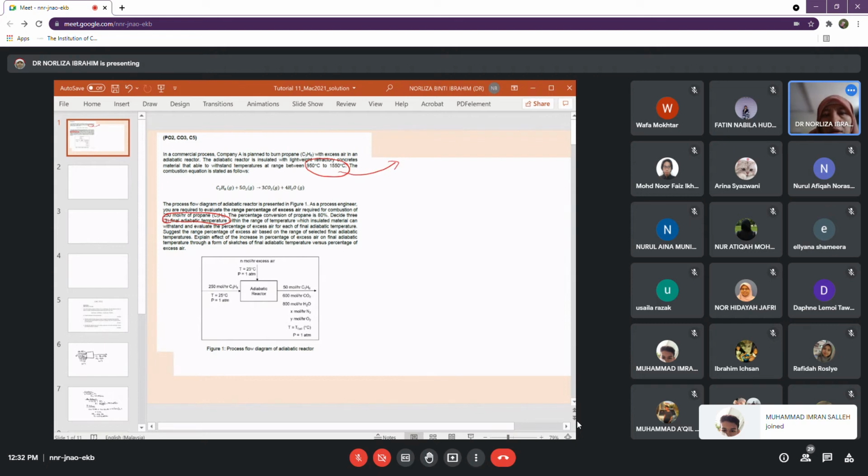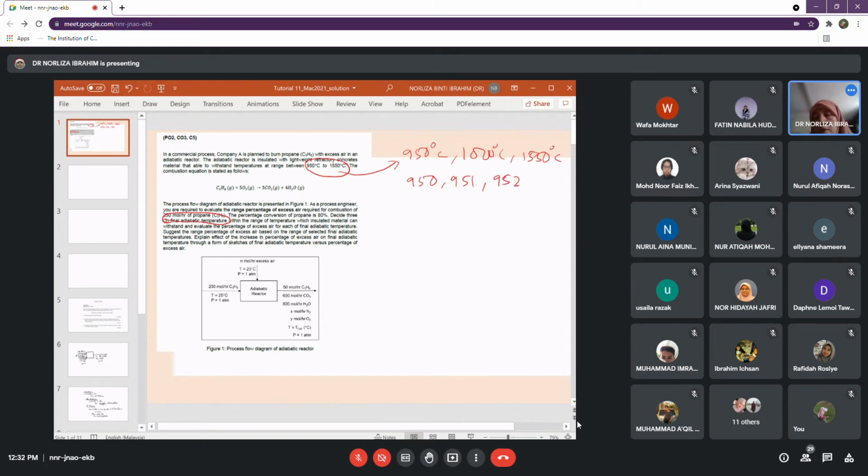If I want to choose 950 degrees C, 1000 degrees C, 1550 degrees C, it is within the range. If I want to choose 950, 951, 952, it is also okay, but you can see the difference,